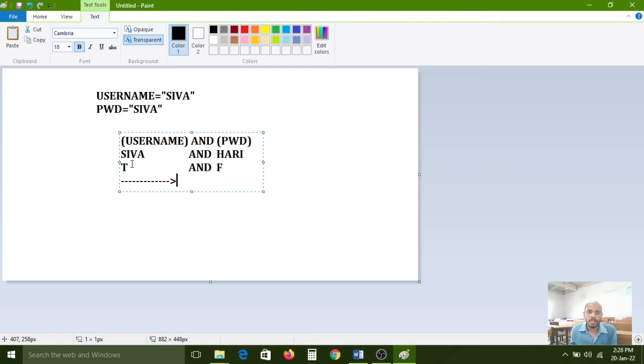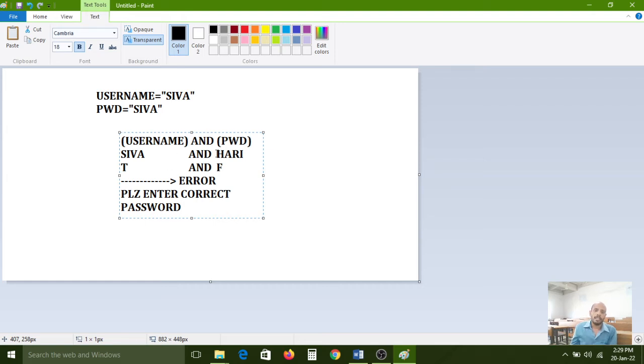But here the username is correct, so it is a true condition, but the password is a false condition, so the page will not open. Then what will it show? Error. Please enter the correct password. This type of error it will show for users.